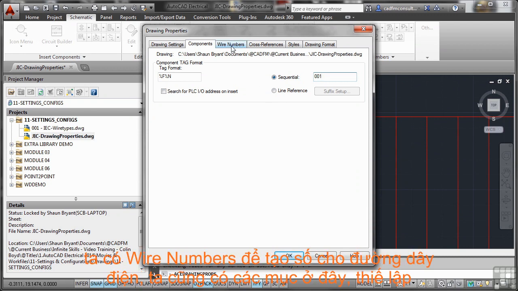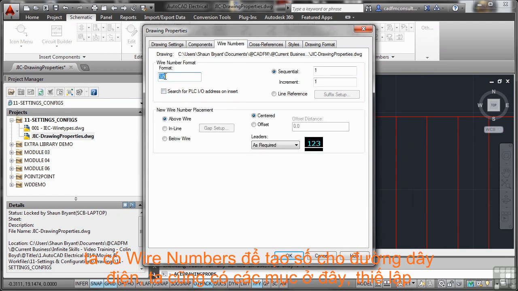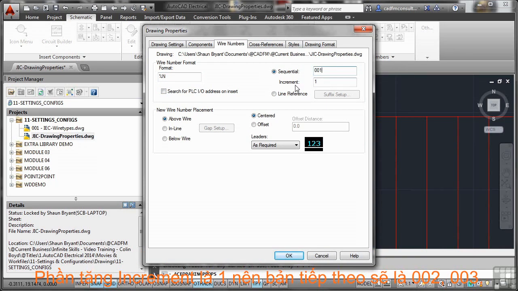It's the same with your wire numbering. You can change the wire number format. So %N stands for number. So when you put a wire into the drawing, it'll give it the number. Again, sequentially, 001, and it's increments of 1. So that would be 002, 003. A good project practice to get into there when you're wire numbering though. I've done that for training purposes, but normally you'd go for a sequential, say 010, as in 10, and then the increment would also be 10, because you never know when you need to add extra wires into a particular